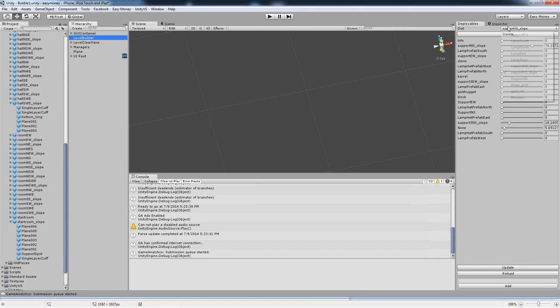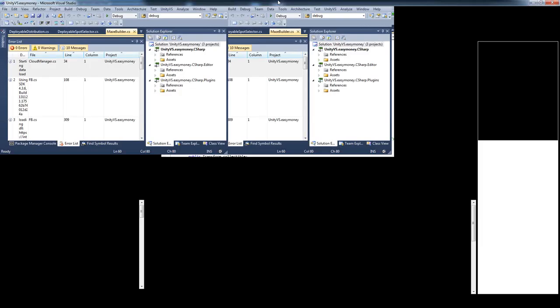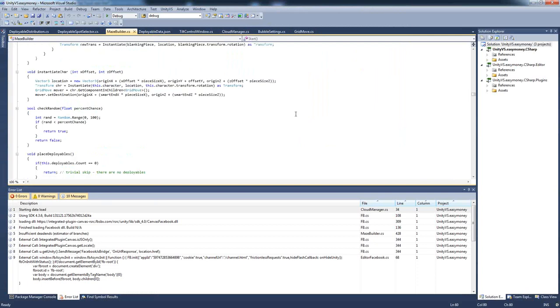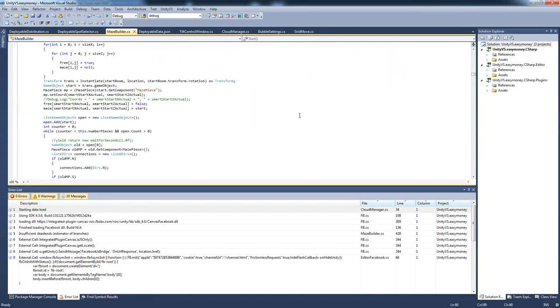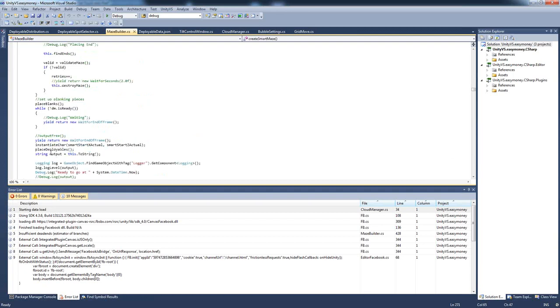If I jump over to the inspector and show you the maze builder routine, which I think I said I wasn't going to do, but oh well, let's do it. I'm not going to walk you through it because it's ridiculously long and ugly and complicated, but you just don't want your designer coming anywhere near this stuff. It takes me a minute to work out where it all happens, and particularly for placing the deployables, that happens in this routine here,